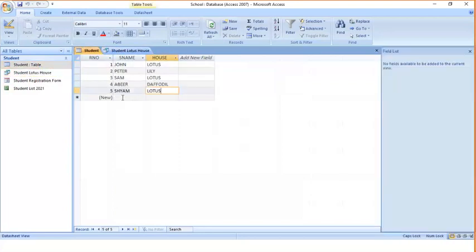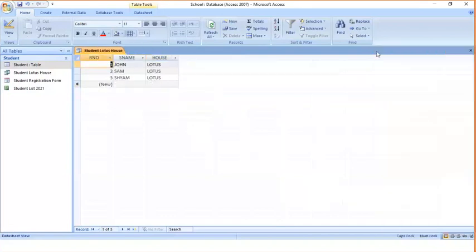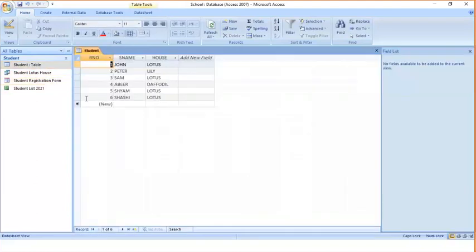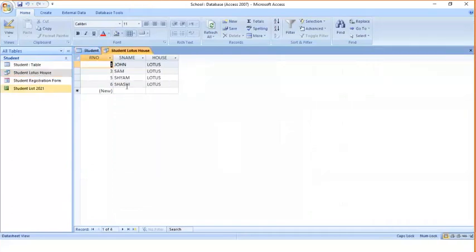Even if in the table you add one more record, which is of Lotus house, and I close this, and close this also. Now if you see, I have added one more record, Shashi, into the Lotus house. I will go to the query. So in the query also one will be added because it belongs to Lotus house.